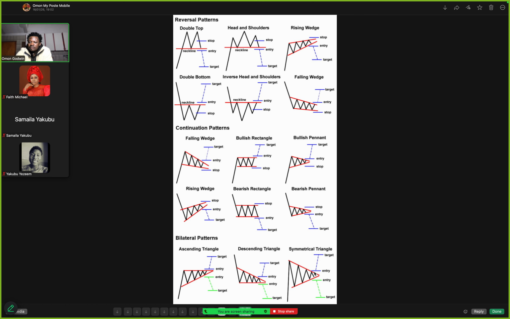Or if you don't want to leave the market, maybe you're already on the trade, maybe you enter right here. You can take your stop loss, you put your stop loss below this support here, so that if the market goes against you,